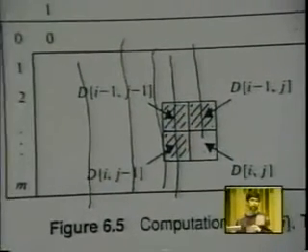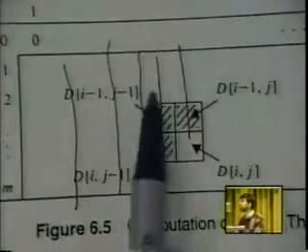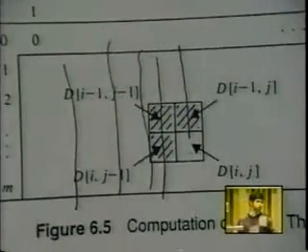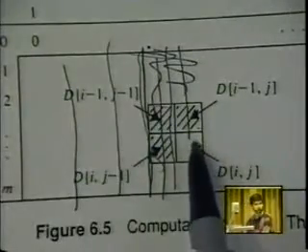If we wanted to save space, one thing we could do is keep only 2 rows at the same time. Because once we have the values in this row and this row, we can compute this cell as we need it.